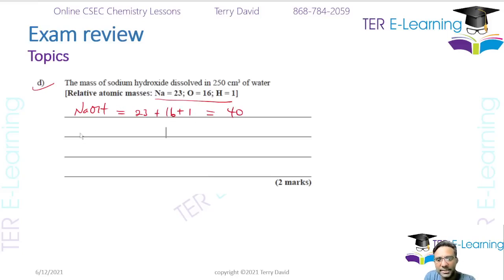So what that means is that 1 mole NaOH has a mass of 40 grams. So all you need to do now is to work out the answer you just got, which was 0.01252 moles NaOH has a mass of,